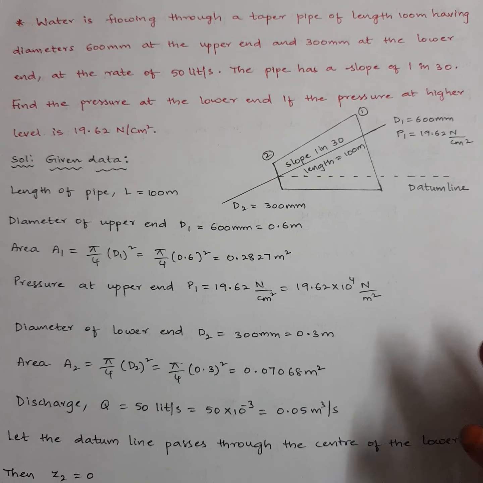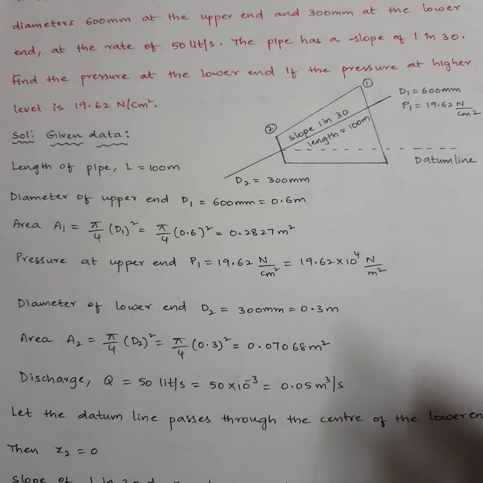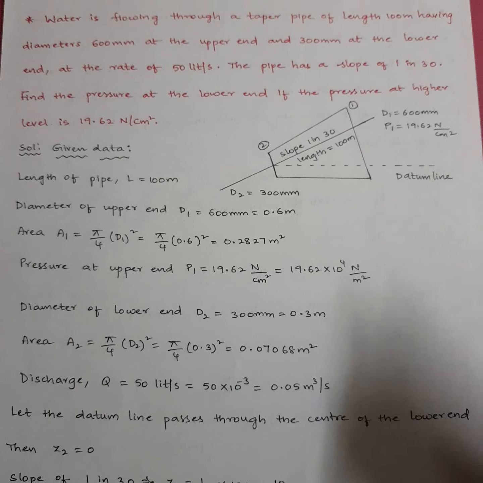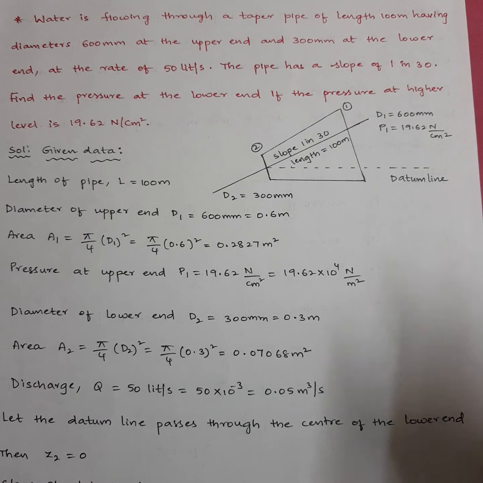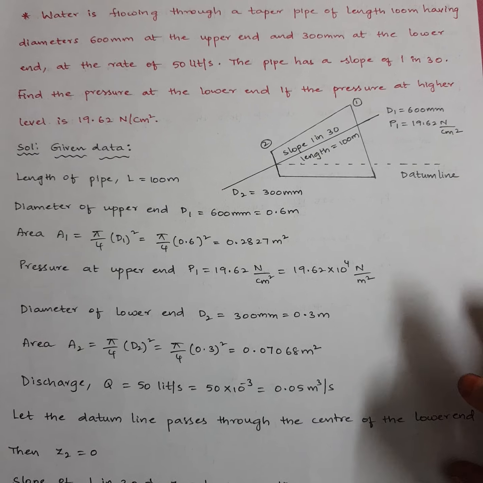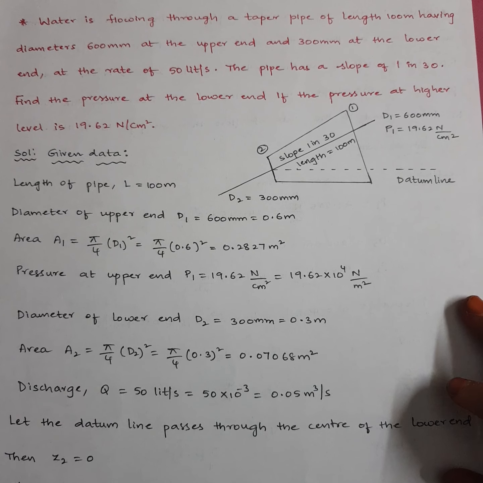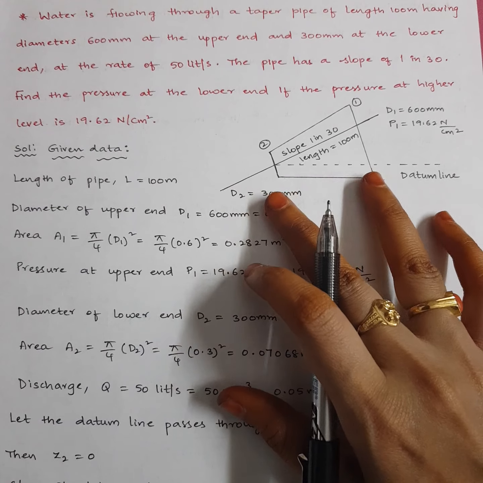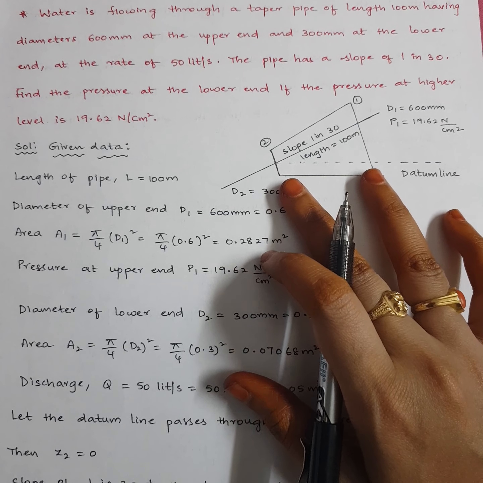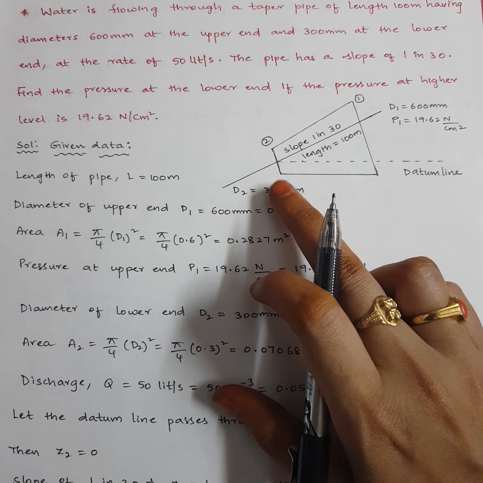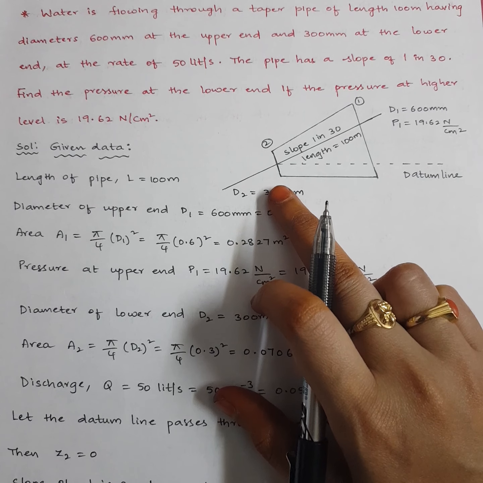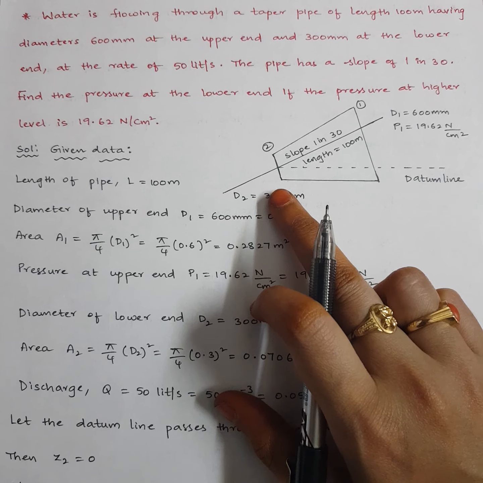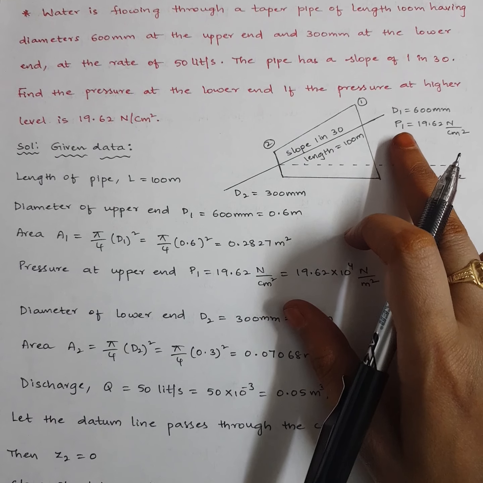Perfect. Now this is a tapered pipe, means it's of varying diameter. The length of the pipe is given. He's told the dimensions at upper end and lower end. Okay, fine. Now there is something related to slope given. So be careful when you're solving such problems. We will assume our pipe to be like this. Remember, the lower end itself will be considered as a datum. And we will have an upper end obviously.